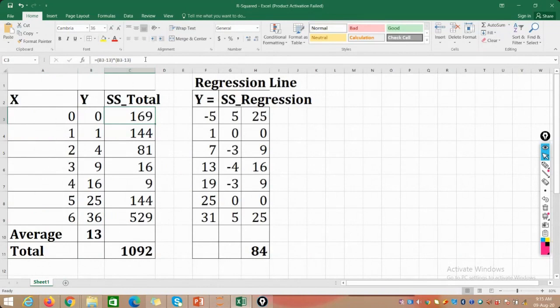What I have done here is simply calculate the difference with respect to the mean, and then multiply it with itself. This column gives you the sum of squares with respect to each of the instances. Next we are going to calculate the sum in total, because in your R square the value is the sum of square total. So this total we have calculated. Next, with respect to your regression line, in order to calculate SS regression, first we will calculate the predicted value with respect to each of the instances.